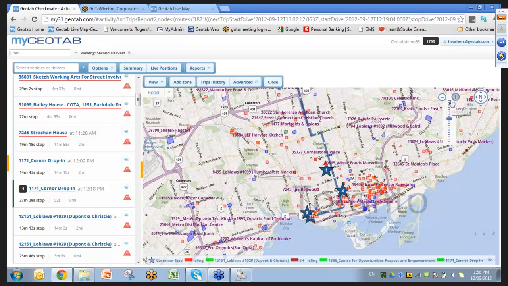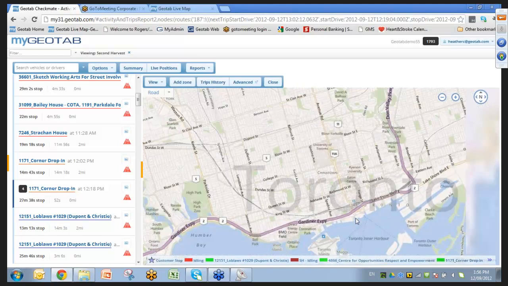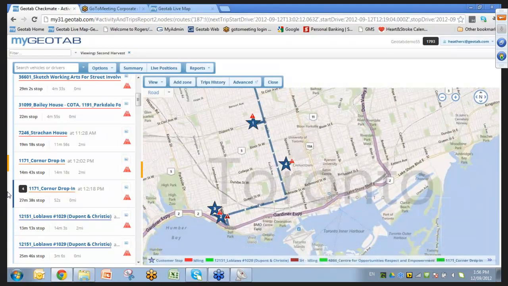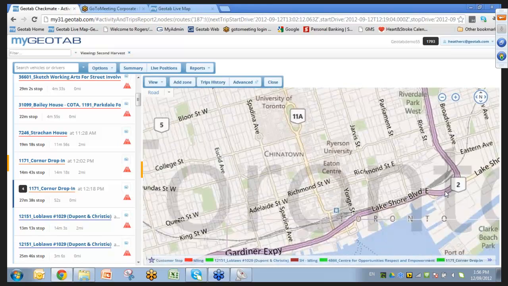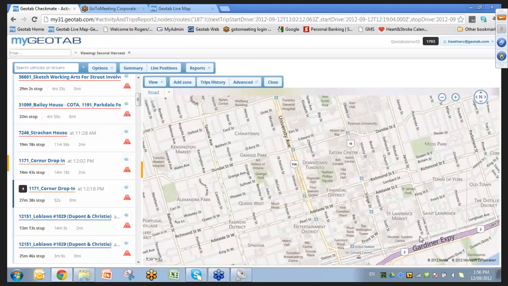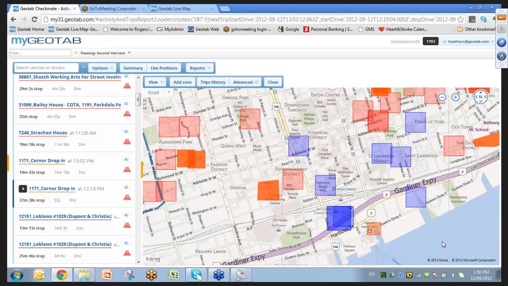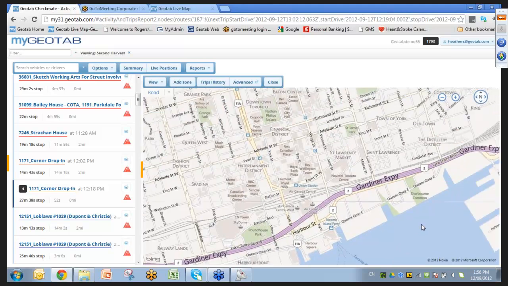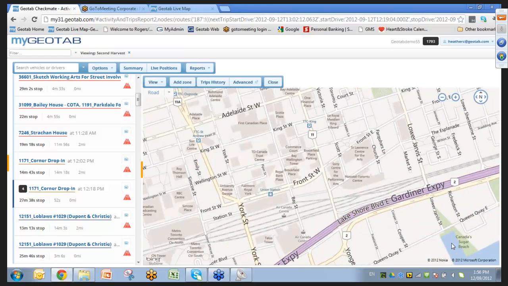The other thing that I want to talk about while I'm in here is zones. We've added some great flexibility in terms of managing zones. Yes, you can still import them, as many as you'd like, via any Excel spreadsheet, which is fantastic functionality as it is. That has not changed at all. We've actually added the ability to, first of all, edit existing zones that are entered. So you may import a whole slew of zones via an Excel spreadsheet. As you guys know, they do come in as a standard box. Now, what you do have the ability to do here is edit the shape,